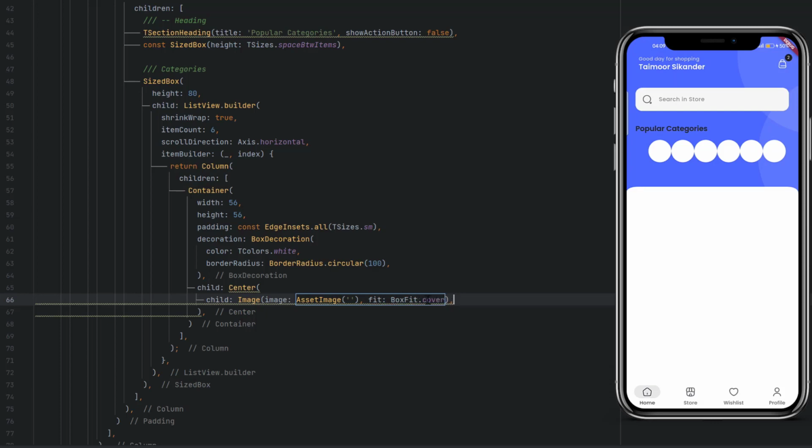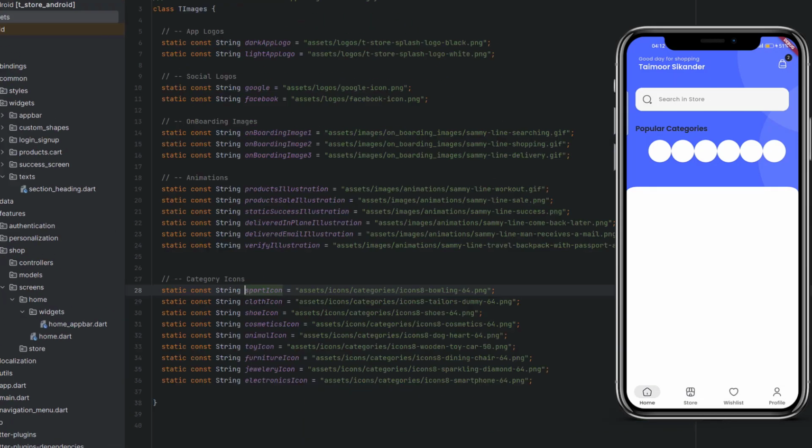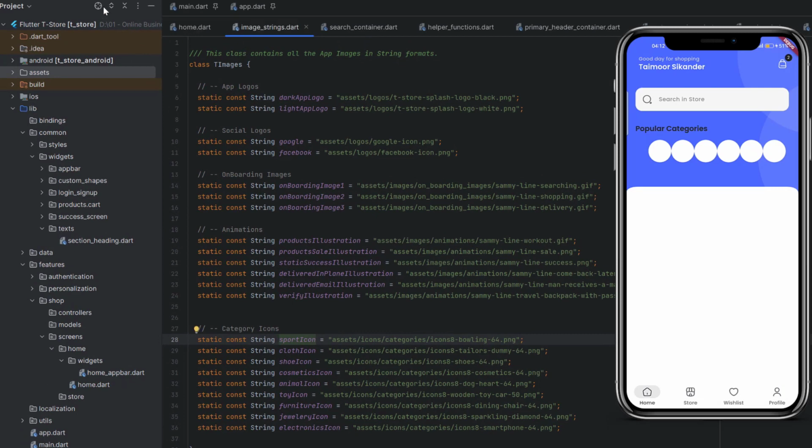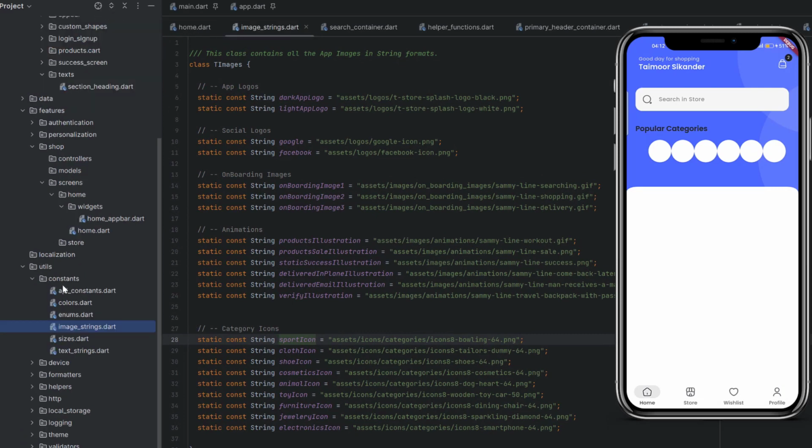box fit dot cover. And also we can pass the color property. For the light mode, colors of each image color should be in the white. So for now, let's pass the dark color. Let's use the TSizes.sport icon, and when you go to this image strings down below in the utils constants, you